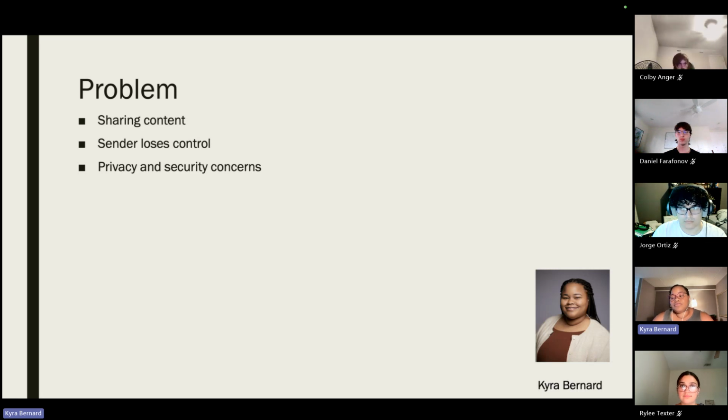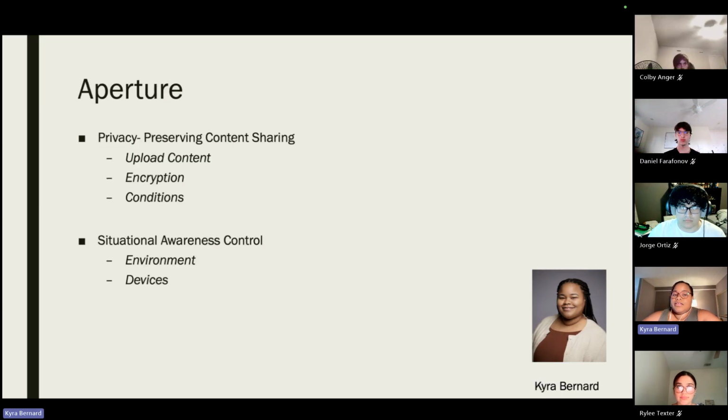The loss of control then causes privacy and security concerns. Some concerns may include HIPAA violations, social security exposure, financial information exposure. Our biggest goal is to offer people protection of their sensitive content and information.